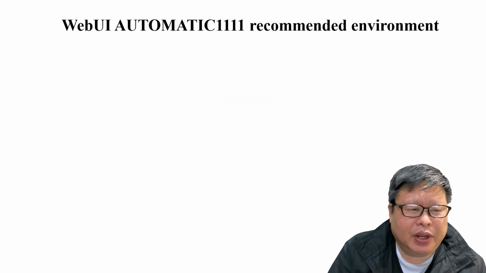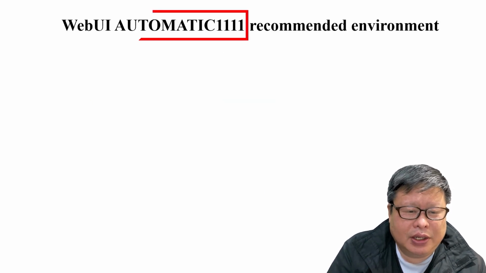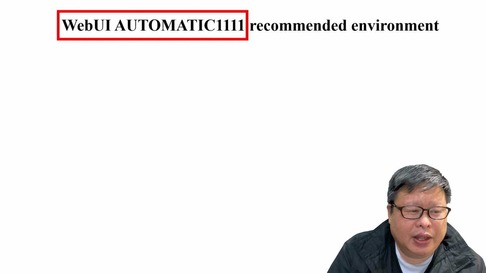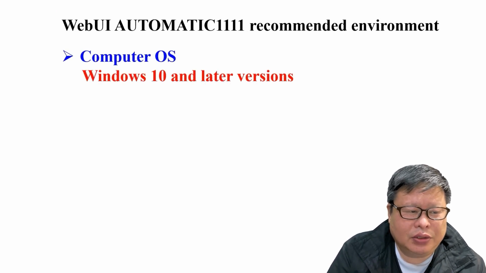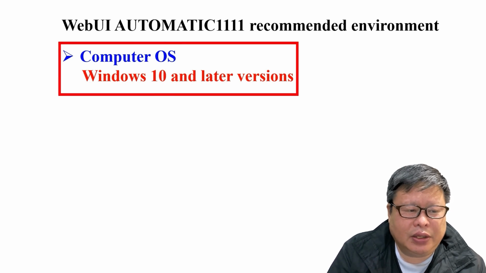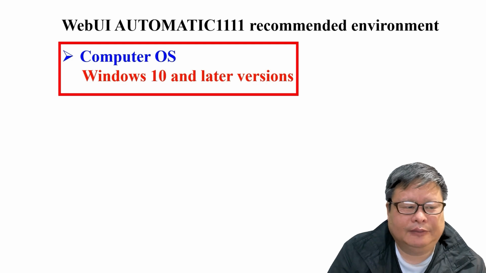As the most popular AI image production tool, Stable Diffusion Web UI Automatic 1111, to be used on a local computer, the following conditions must first be met. Now, at the end of March 2023, using Windows 10 or 11 is a better choice. I'm not familiar with the Mac and Linux versions, so I won't introduce them here.